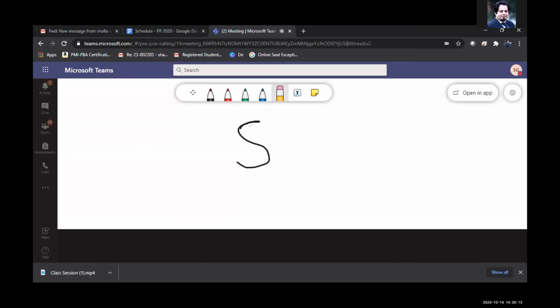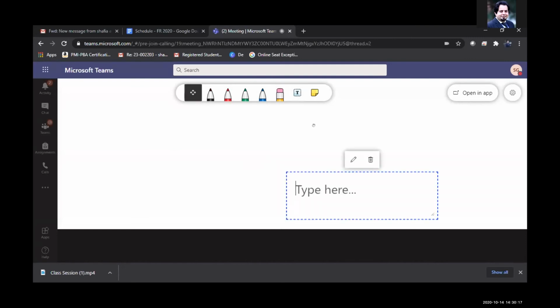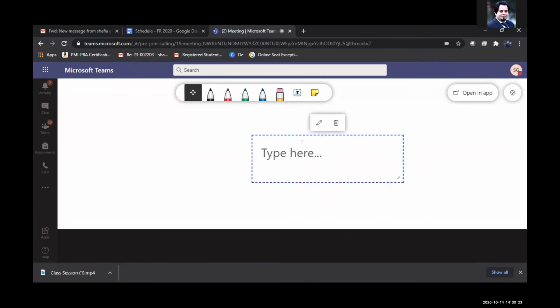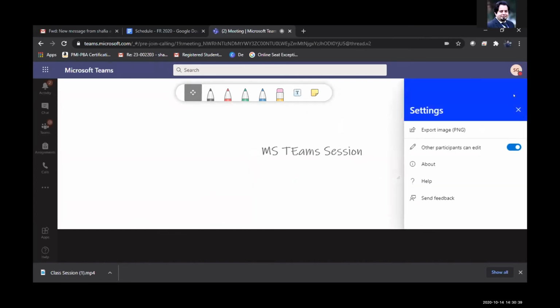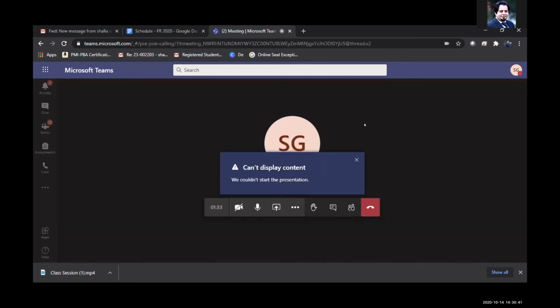This works better if you have a touch screen available with you. Okay, so that is how basically you can access your whiteboard.